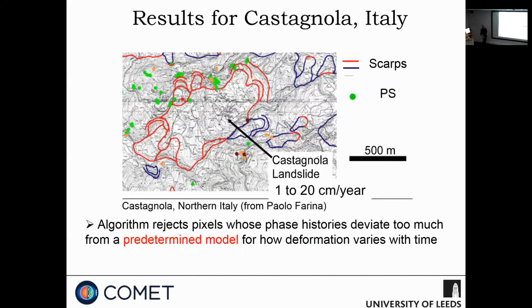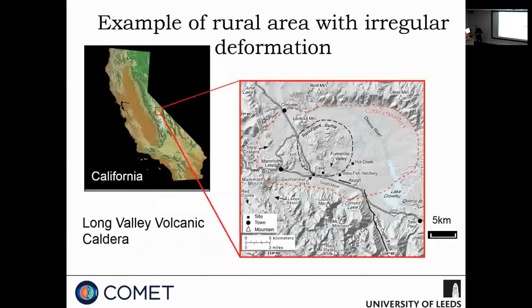There's an example of this here. There's a landslide in Italy. You see a few points around here outside the landslide area. Inside the landslide area, no points were picked, despite the fact there's a small village in this area. So lots of buildings, but none of those were picked because the points were behaving very erratically. Okay, so